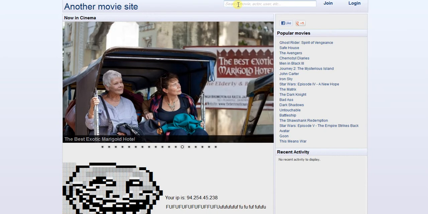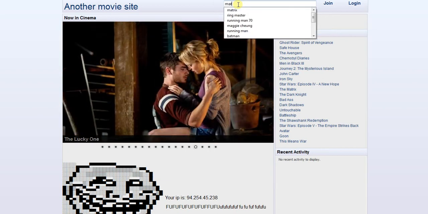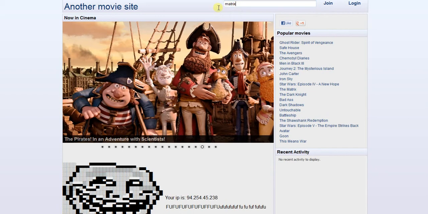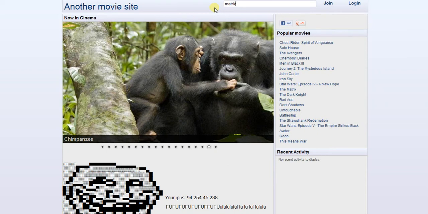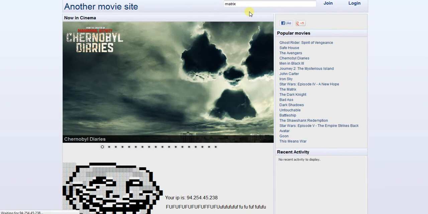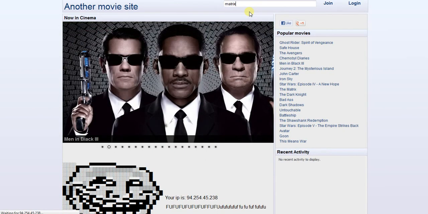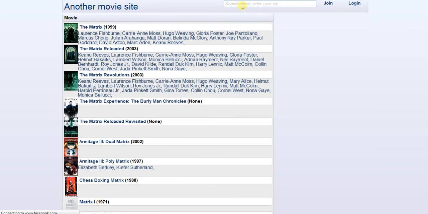The reason for using that is because when I search for something, for example Matrix, it will take a while because it relies on quite many calls to the TMDB database. So for example, if I show you here now, it takes some time, as you can see. And if I search for the same thing again, it will go quicker. Okay, so if you go back to the front page now,